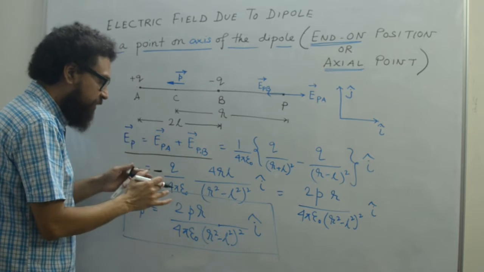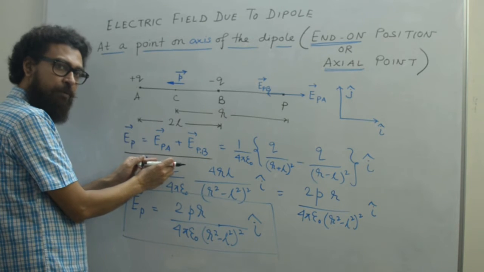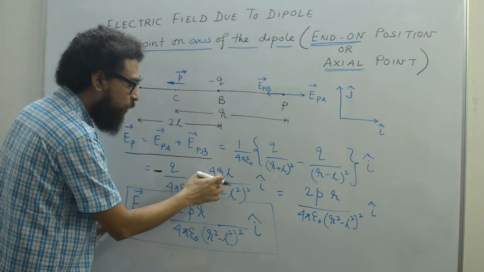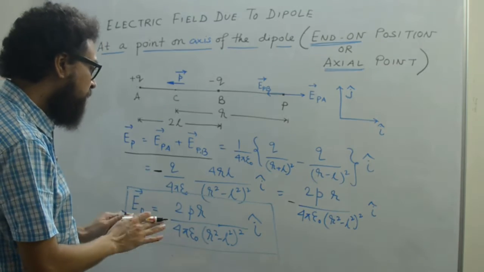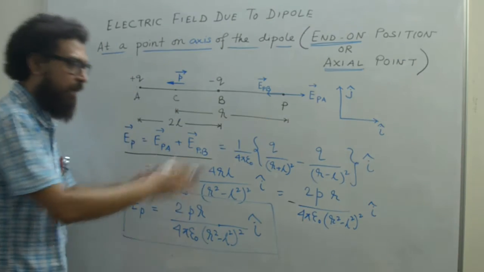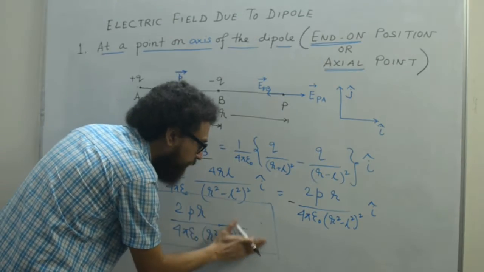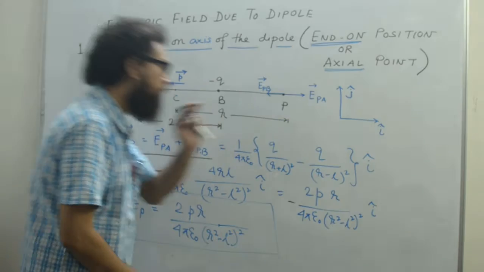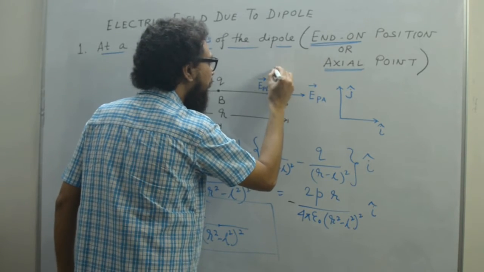So let us rearrange this. If we take 2L from here and combine it with Q, then Q into 2L is dipole moment P. And what is the rest? 2R. So finally we have the expression minus 2PR by 4 pi epsilon naught R square minus L square I cap. So this is my final expression. I will omit this I here. This is the expression. I have omitted the negative sign because I am going to write the final thing,